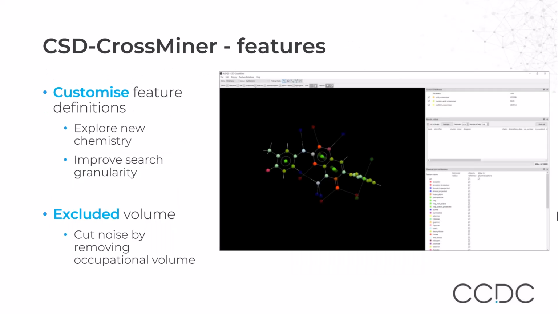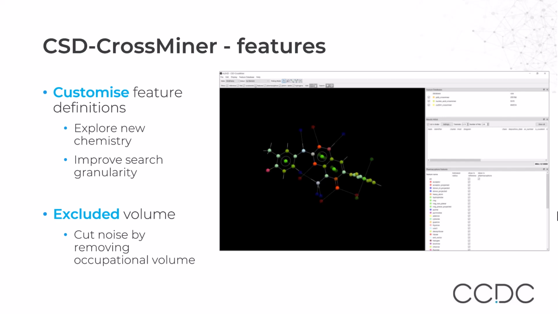You can also customize all these features. You can, for example, add a new chemical group into the definition of an existing pharmacophore feature, or you can come up with your own pharmacophore feature, or you can eliminate some undesirable patterns, some undesirable chemical groups, from the description of your feature.